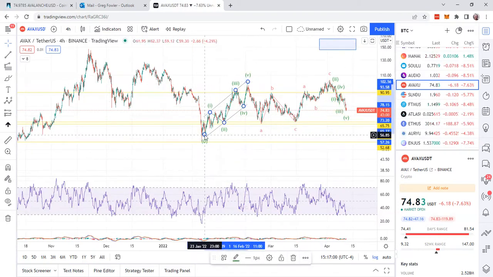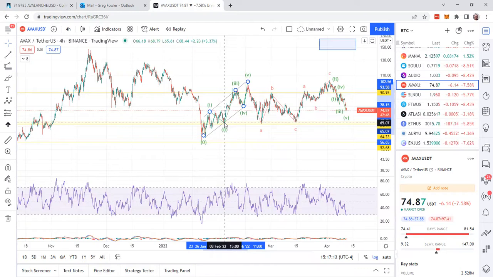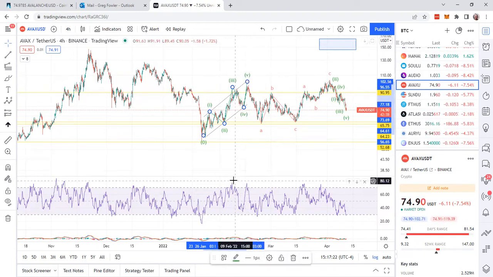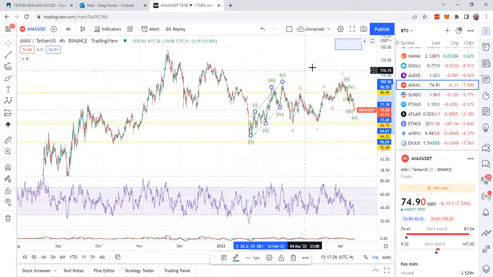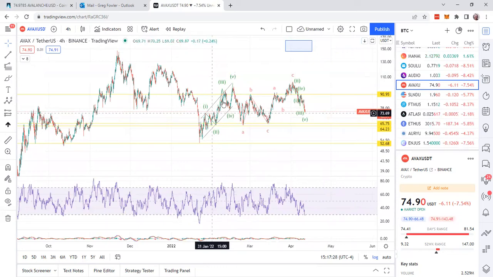So let's see here. Okay, 1, and then 1, 2, like that, and then a 3. Yeah, that's the 3 right there, down for a 4 and a 5. So you see the little bit of divergence there. So you see this is an impulse. This is a motive wave.